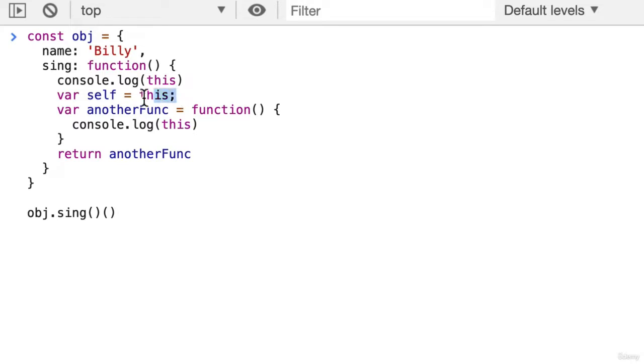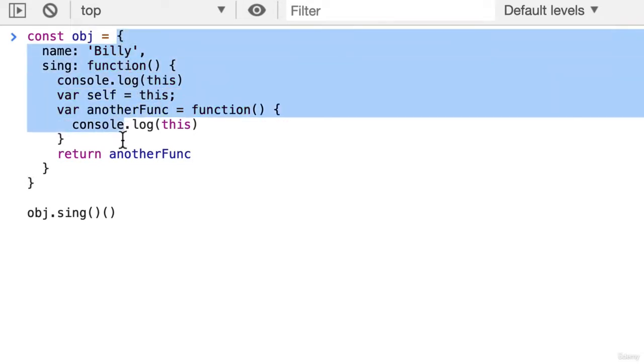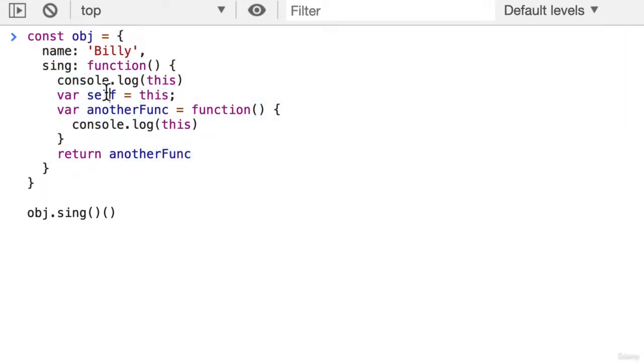And because at the time this line is run, this is still inside of the object, we're going to maintain that reference to the object so that here we can use self